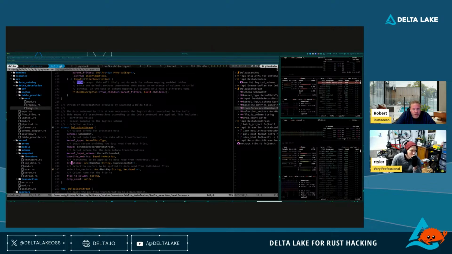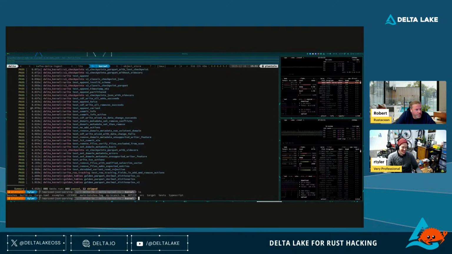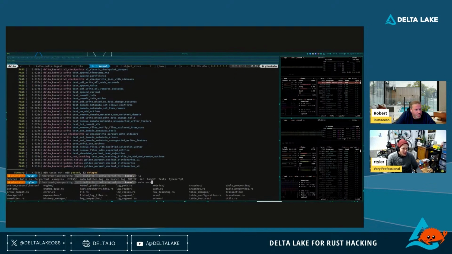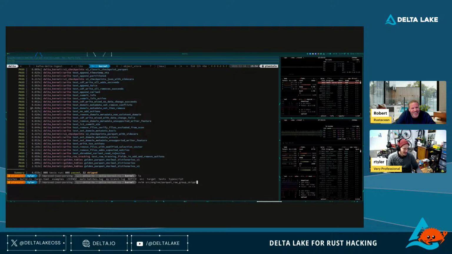And yeah, we already track the deletion vectors. We just don't apply them yet. But again, that's, I don't know, 10 more lines of code. It's just, well, if it's just that simple, Robert. Well, I mean, right now I'm dealing with a different issue around projections and expressions, which I wanted to